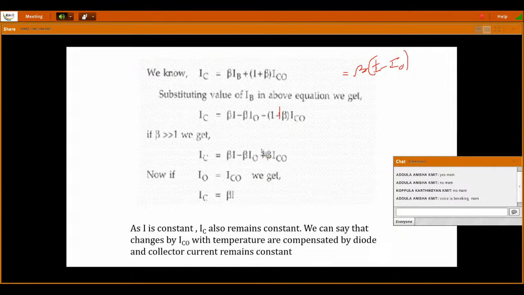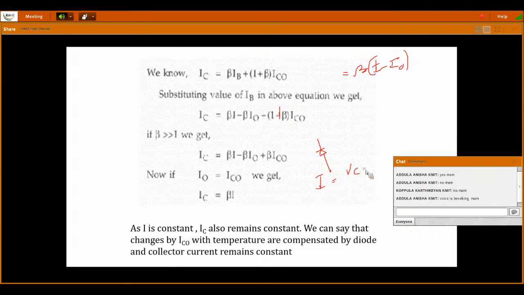Because my diode is reverse biased, the amount of current flowing through that diode is the reverse saturation current. Hence if I replace the diode current I0 with ICO, then we have beta ICO minus beta ICO plus beta ICO cancel. Then the collector current is equal to beta into I, where that I is equal to VCC by